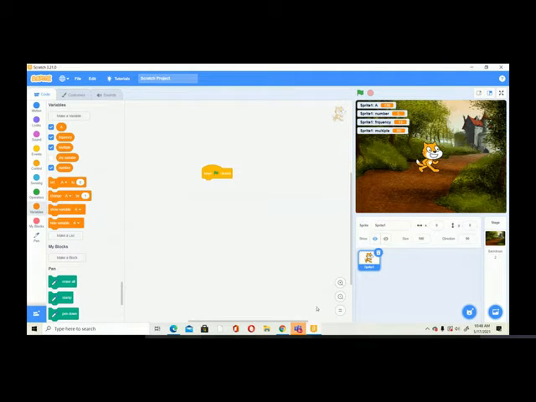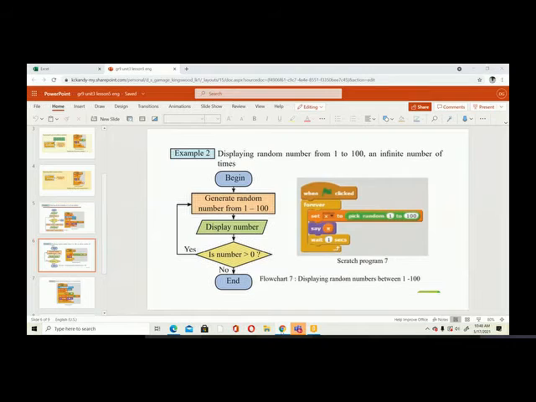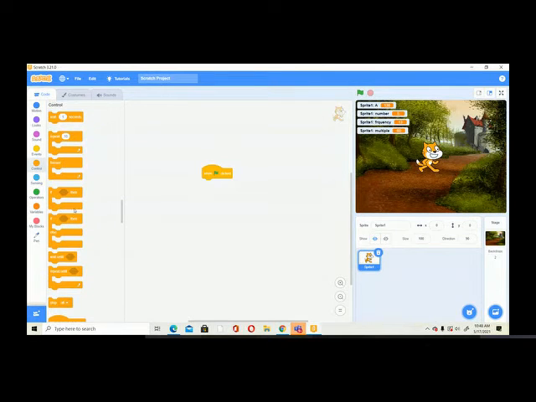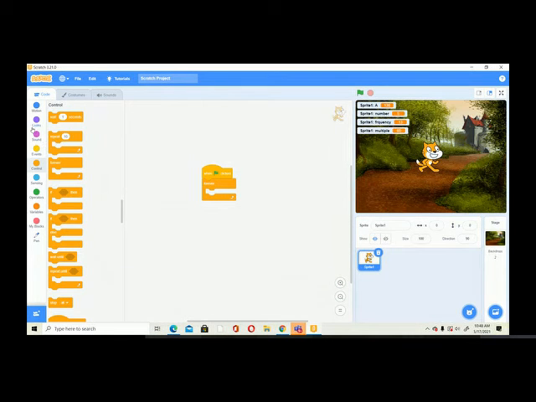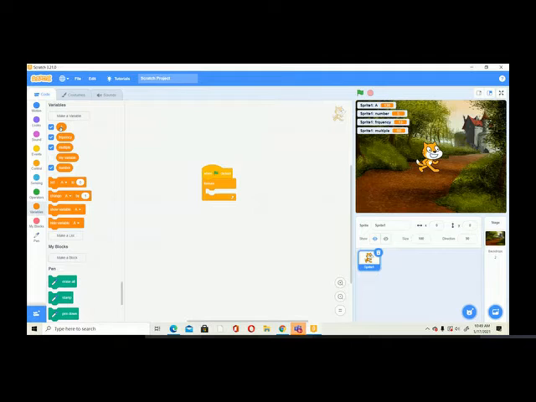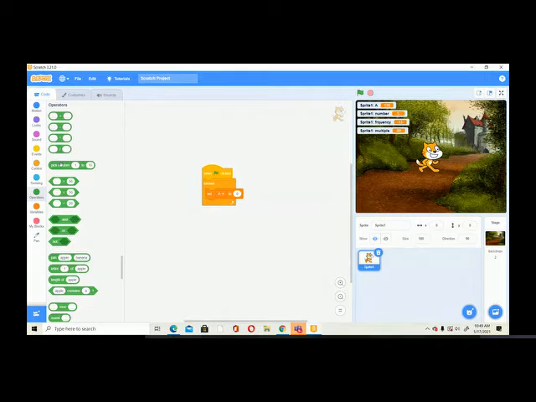Right. So we will get this forever block. Then you have this operator, pick random. So I'm going to first make a variable. We will get this A variable. You can put it as X or whatever letter you like. So I will just take this A. I'm going to set my A variable to this operator, pick random